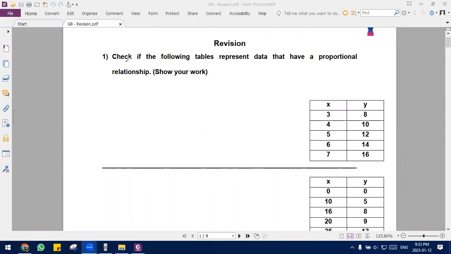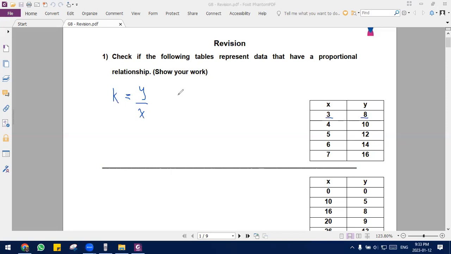So in the first question we have, check if the following tables represent data that have a proportional relationship. As you know, we should have a constant rate, which is k. So we are always trying to find k, whether it is constant or not. So k is equal to y over x, which means I need to check for each row y divided by x, and then check if it is constant